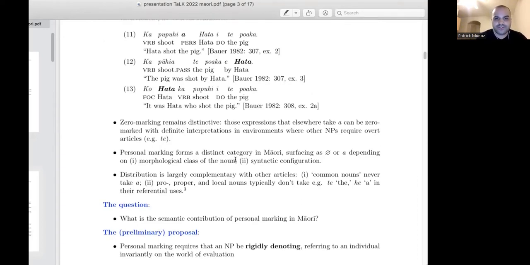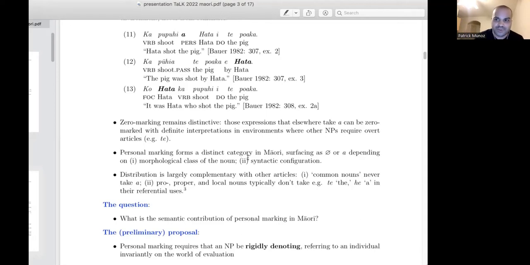The personal marking seems to form a distinct category in Maori. Certainly morphosyntactically it does. I think that's just beyond dispute from plain reading of the data. But I want to argue semantically it does as well. The reason I got into this is because I'm interested in the semantics of names and their referential uses. And I think people have not paid enough attention cross-linguistically to how sometimes names get special marking when they're referential. For the people who have studied this, which is almost nobody, Ora Matushansky is the only other person who's looked at this.